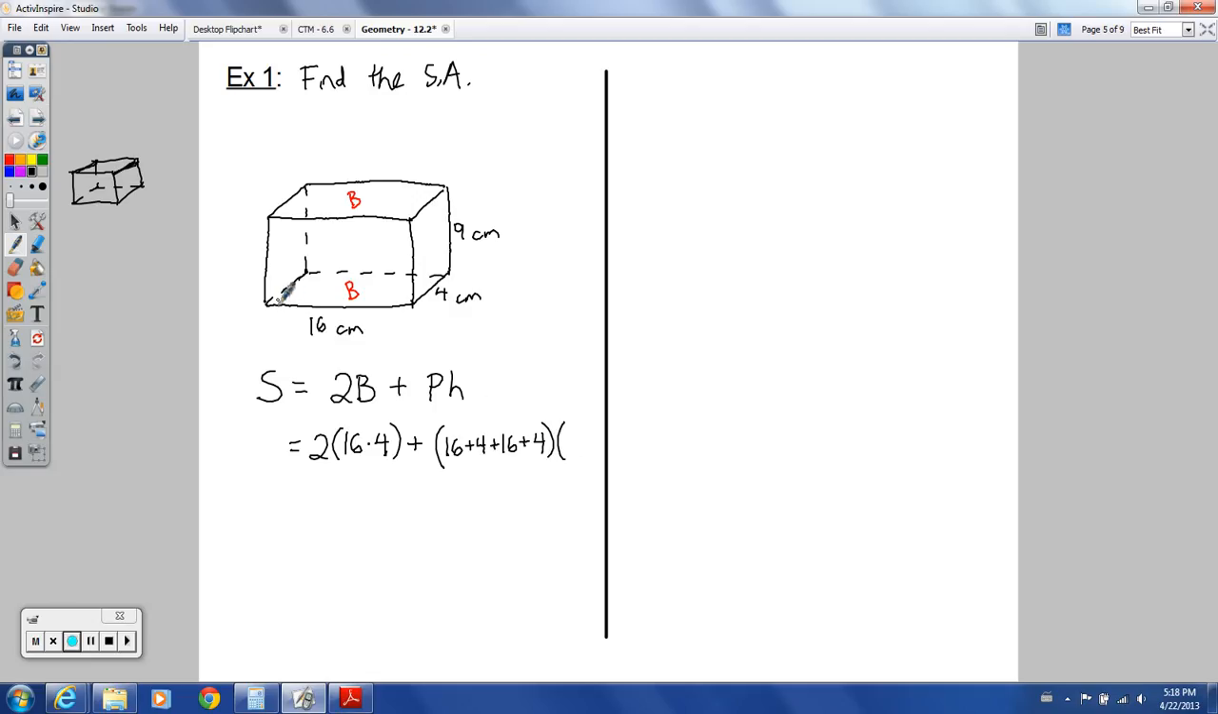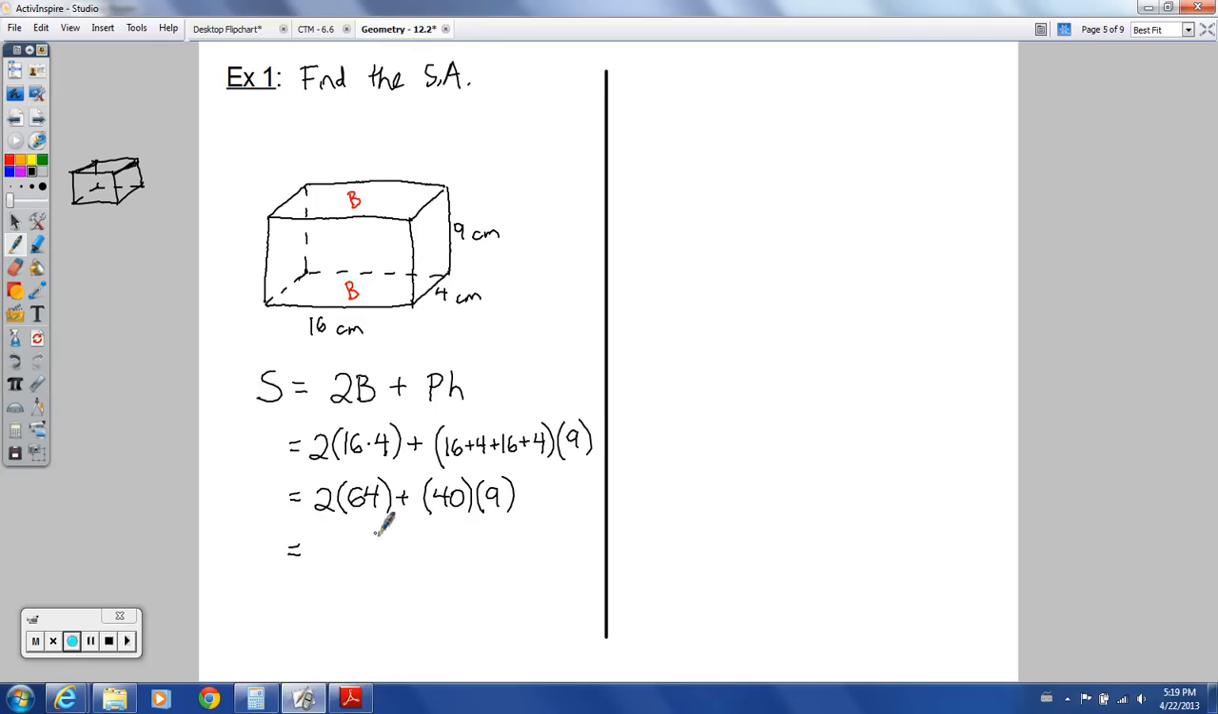That's just the perimeter of the base, 16 plus 4 plus 16 plus 4. And we multiply that times the height. The height is just the part that's connecting the two bases. So the height is 9 right there. So here I have 2 times 64. This becomes 40 right here, and this becomes a 9. I can multiply this out. I'll get 128 times